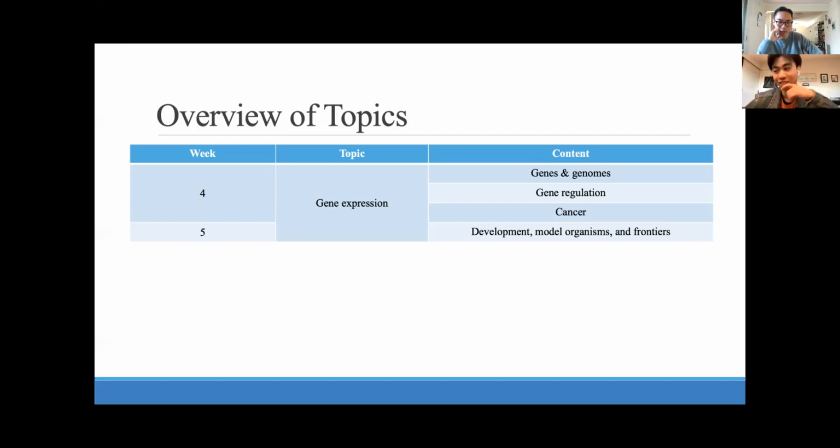And then the last thing here, development. This was embryonic development. I think you had stuff on this in your subject you just did. They use model organisms to model that. I guess this is not a big part of the subject, a tiny part. It's like flies and whatnot.